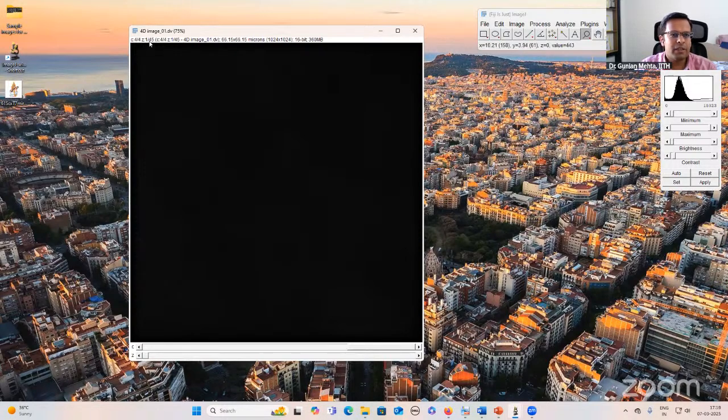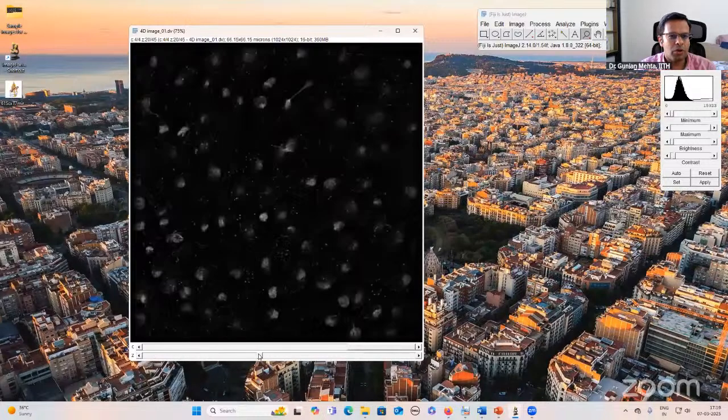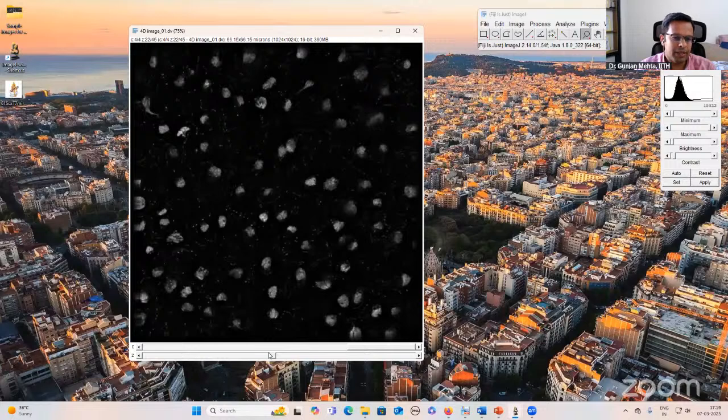But the first thing you should do is bring this Z stack to the center of the Z position, right? So I will move the Z stack by scrolling this bar, and I will come to image number 22 or 23, which is considered the middle, because there are 45 Z steps.